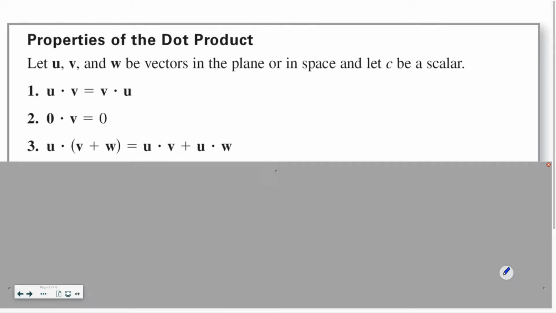Multiplication, we can distribute into an addition problem, right? Well, since the dot product is a form of multiplication, it can be distributed to a sum or a difference. Now, what about if we have, if V is V1, V2,